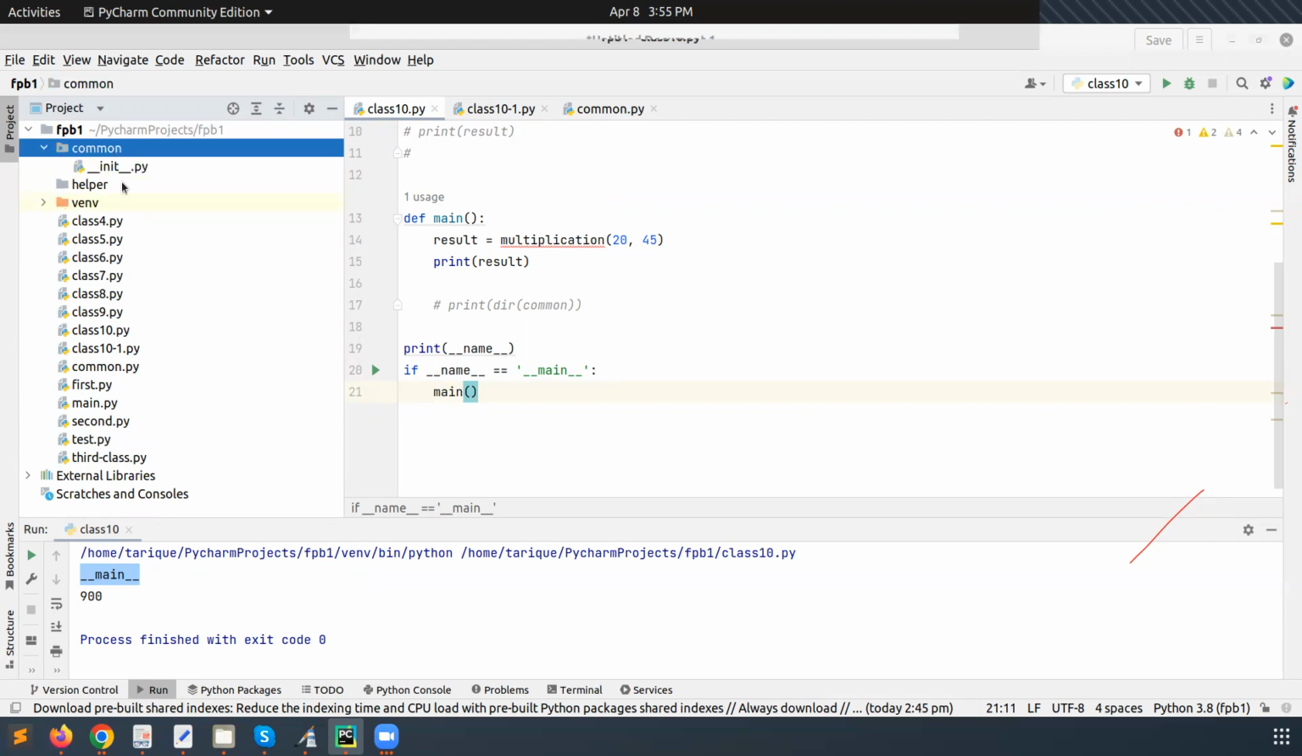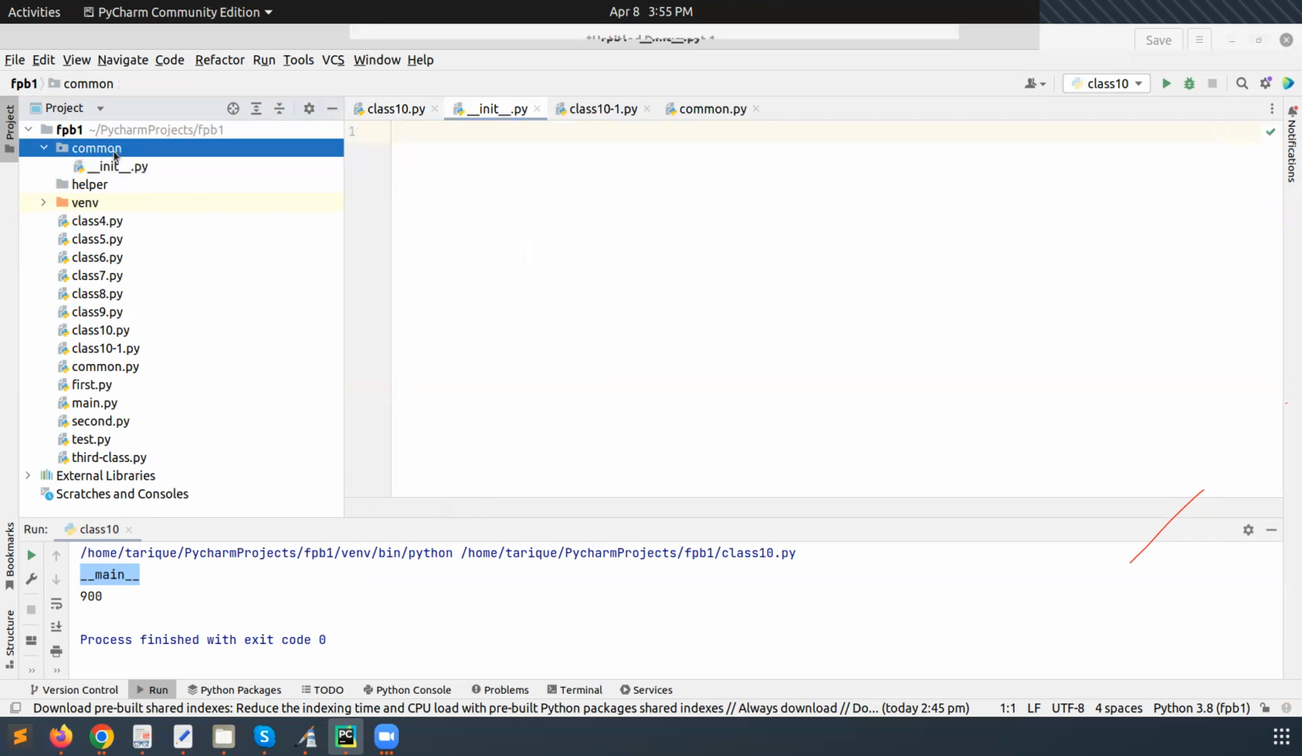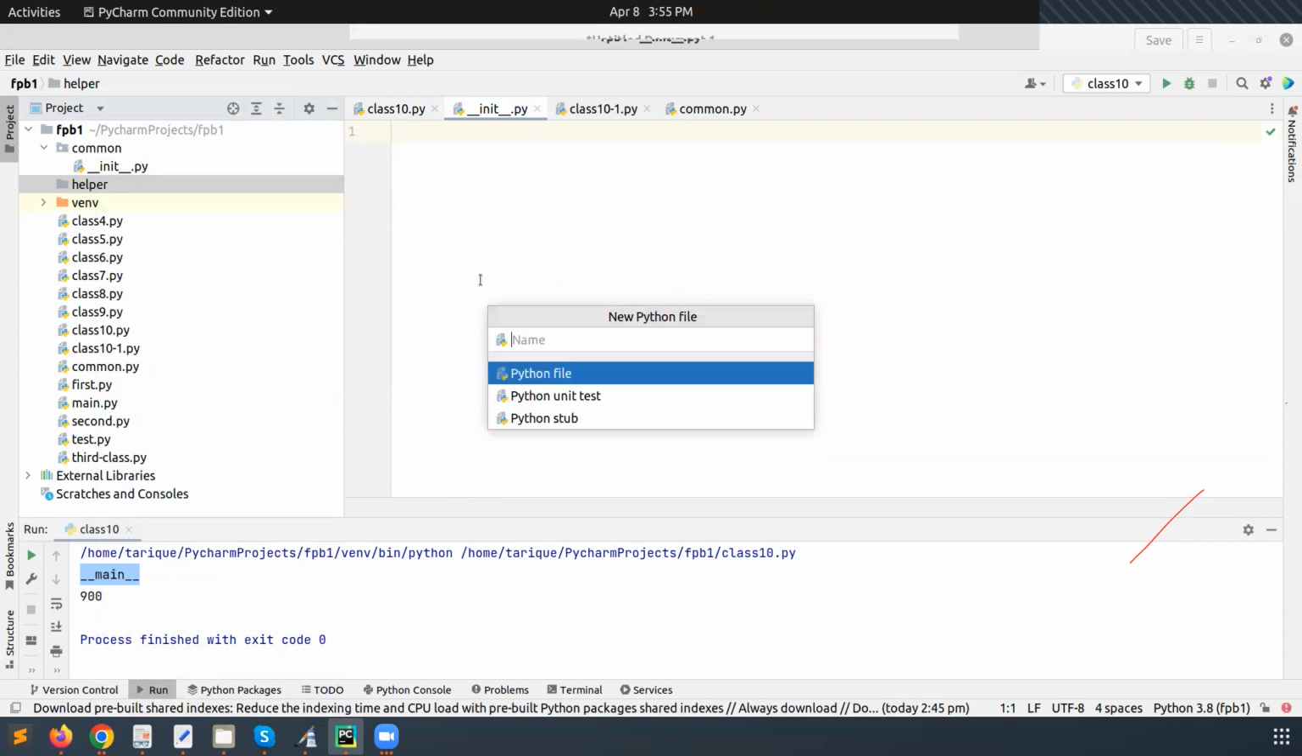This is the package, because the __init__.py file is available in this common folder. This is the normal folder, and this is the package. What is the difference? The __init__.py file, a blank file, should be available in this particular folder. So again, if we create a blank file here,